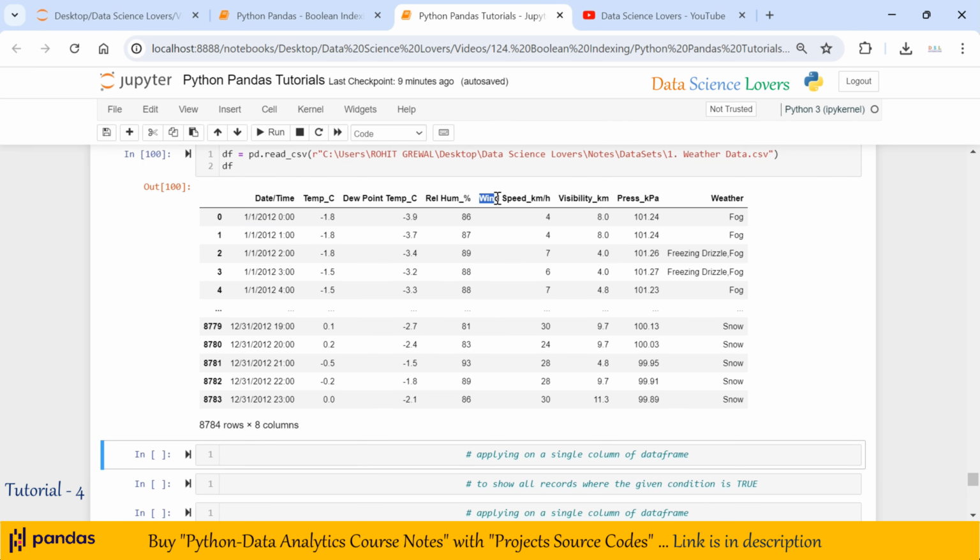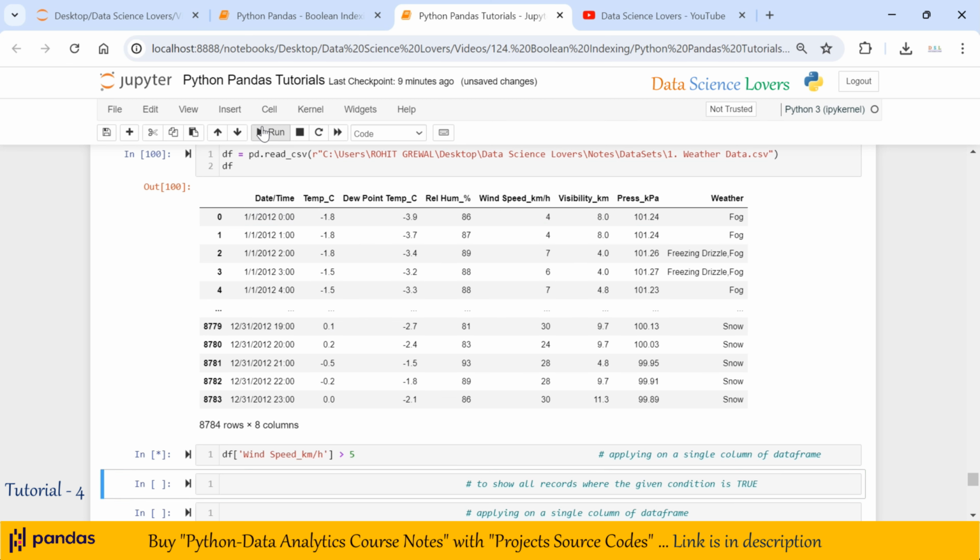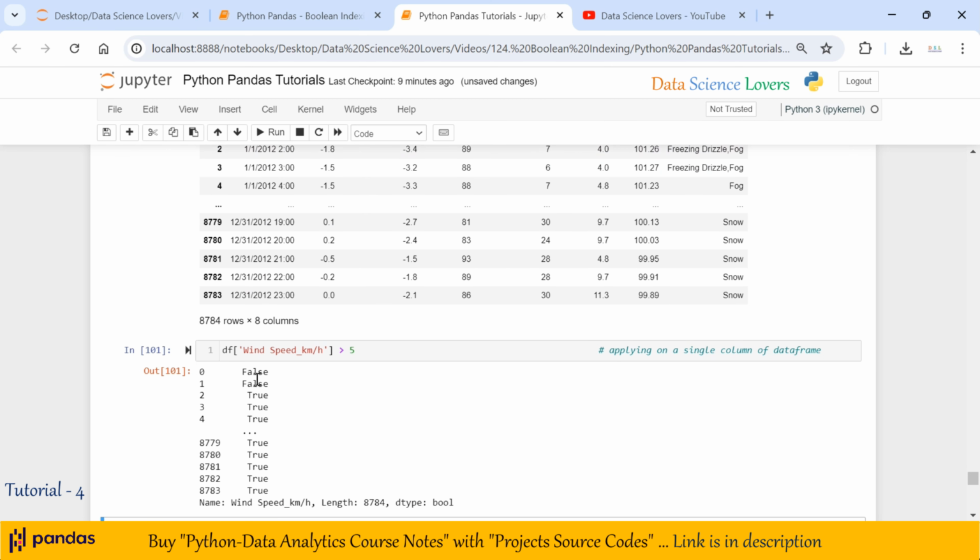Here we will consider this column, wind speed. Suppose we want to check the instances or records where the wind speed is greater than 5. So we will consider this column like this, and here I will put the condition greater than 5. When we run this, it will show the output in the form of true and false. False means where the wind speed is not greater than 5, and true means where the wind speed is greater